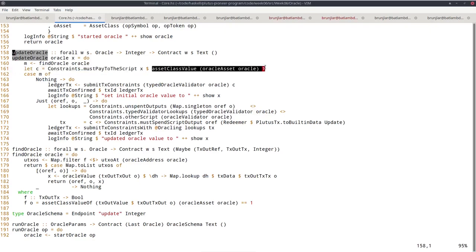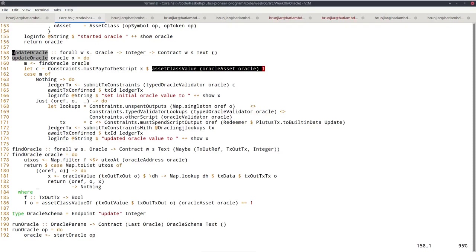Because which script is then specified in the second argument of submit TX constraints. So the script means the script I'm looking at right now. All these constraints functions always have 1 script in focus. So in our case, it's the Oracle script.